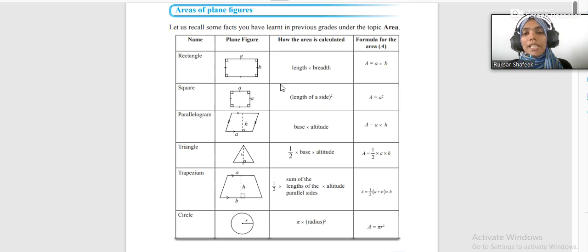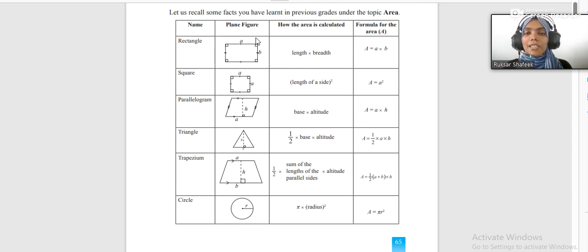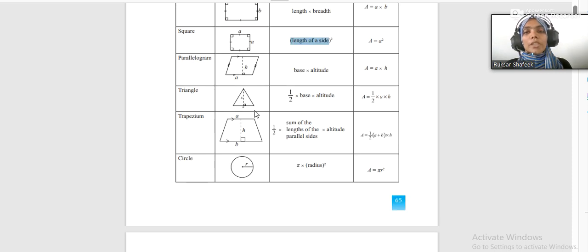Just to give you a heads up, the area of a rectangle is its length multiplied by the breadth. When it comes to the square, it's the same thing, but since in a square all the sides are equal, we can just say it's length of a side times length of a side, or length of side squared. And the parallelogram is basically base multiplied by the altitude,